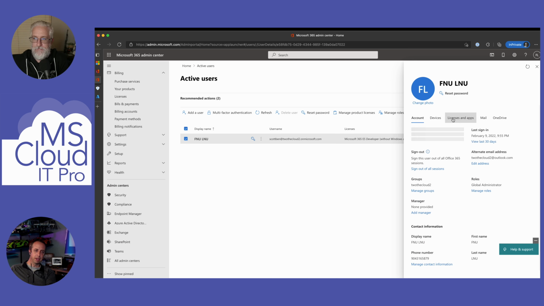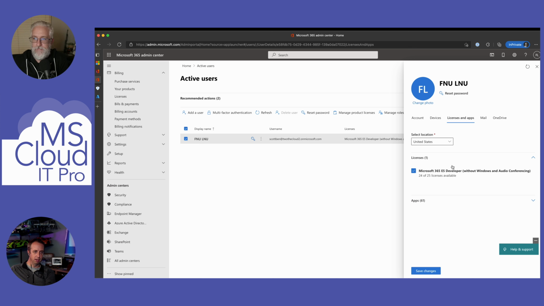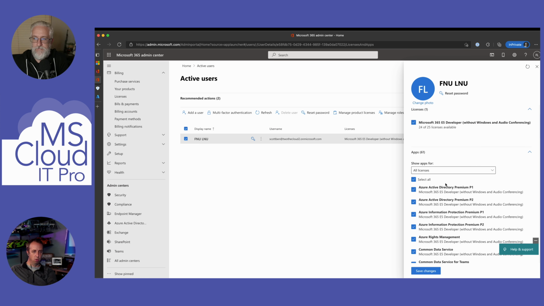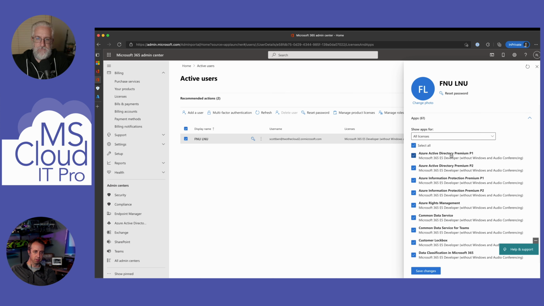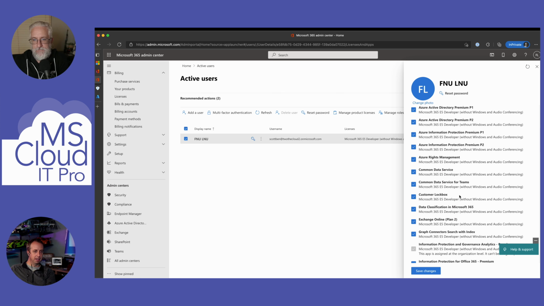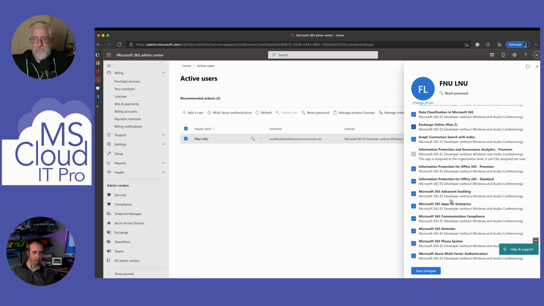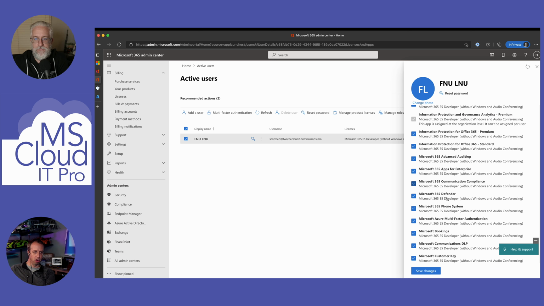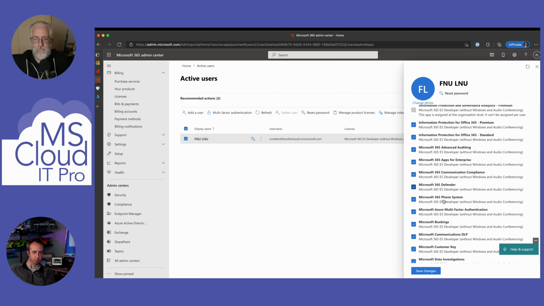The other interesting thing, because you said if you're on an E3, you may not see everything. And if you've done a bunch with Office 365, you may know about it. But going into these licenses and apps and just clicking on apps and go look at all of those different apps that you're licensed for. You'll notice you have those E5s. You have your Azure AD Premium P1 and P2. You have your Azure Information Protection, Microsoft Information Protection. Remember that podcast episode? AIP, also known as. You have your rights management in here, common data service, data classification, a bunch of your advanced auditing, phone systems,